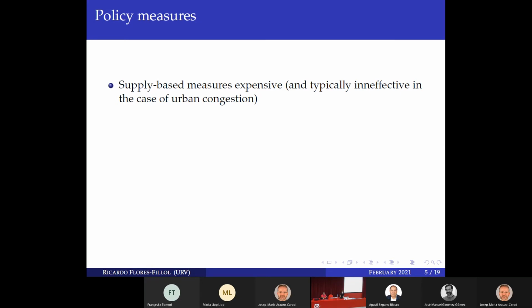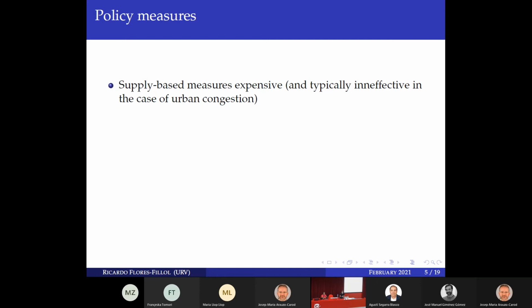And this is very expensive, and we are economists, right? So spending a lot of money, you have to think about the opportunity cost of these investments. Building very, very expensive infrastructures that do not solve the problem but make it worse is really a very bad policy. So you shouldn't do that. The other thing that you can do is look at the demand. If looking at the supply is not working and it's extremely expensive, you eventually should look at the demand.